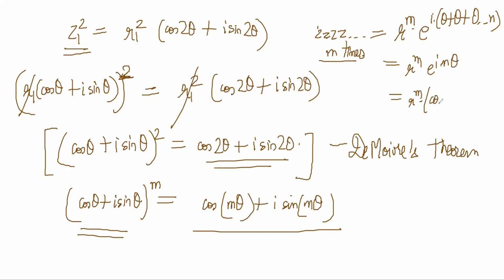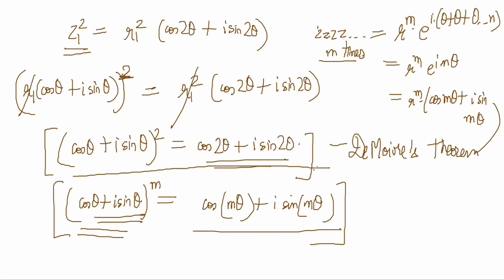and that can be written as r power m (cos m theta plus i sine m theta), right? And on this side you will get this expression. You can cancel the r power m and say that this is the result. Cos theta plus i sine theta whole power m can be simply written as cos m theta plus i sine m theta. So this can help you derive many new identities, by the way.